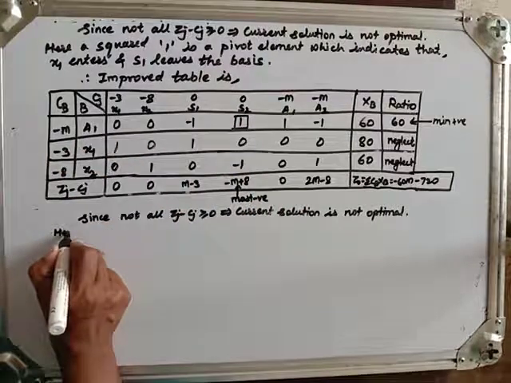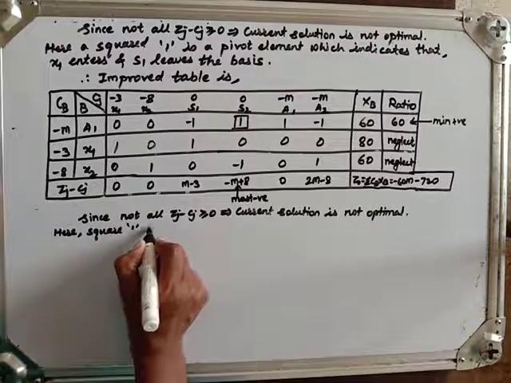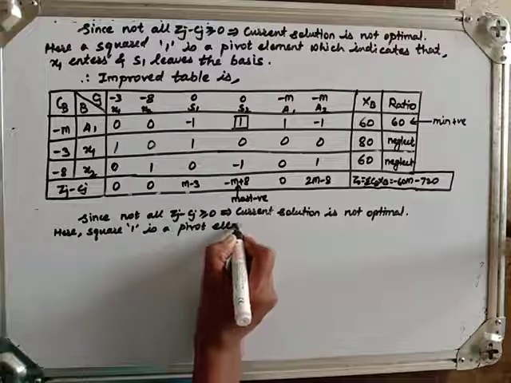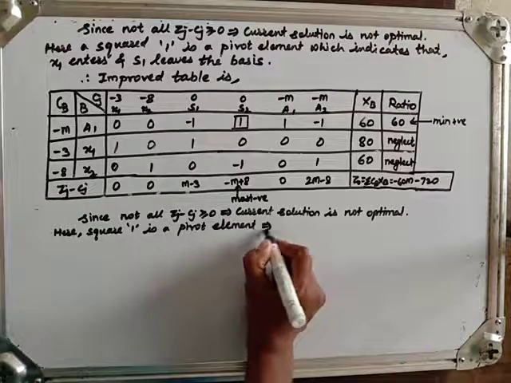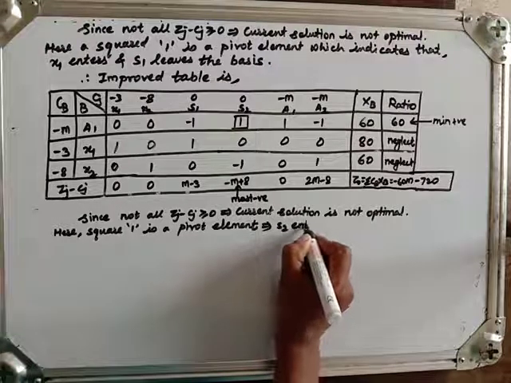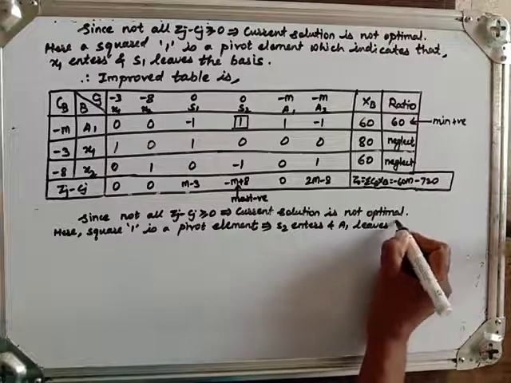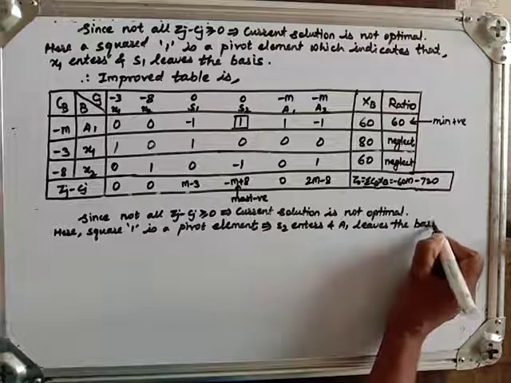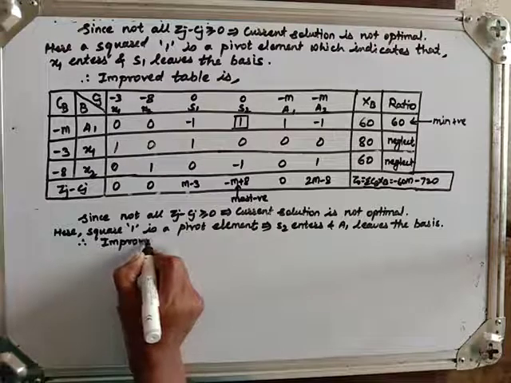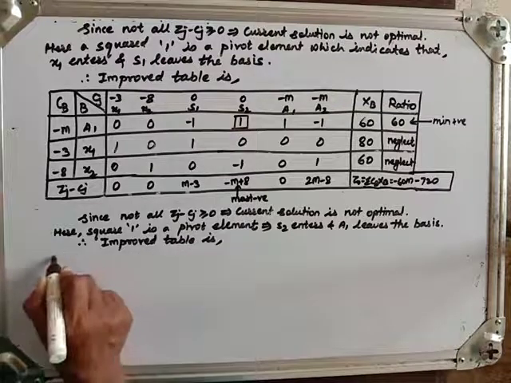So here squared 1 is a pivot element that indicates that S2 enters and A1 leaves the basis. Therefore improved table is